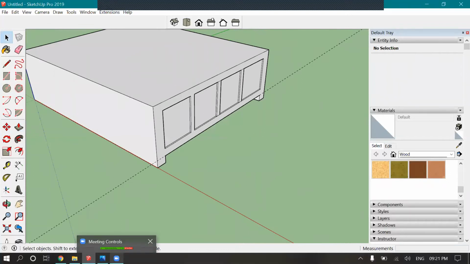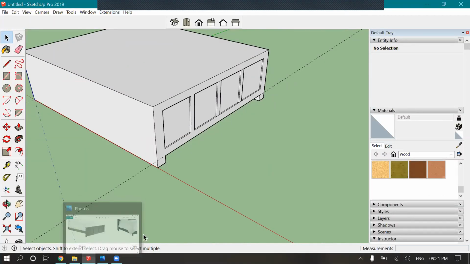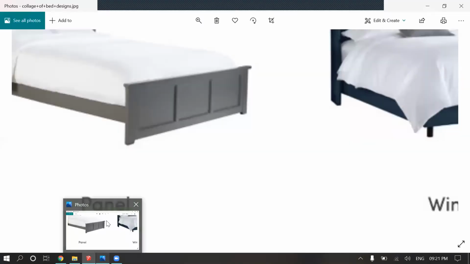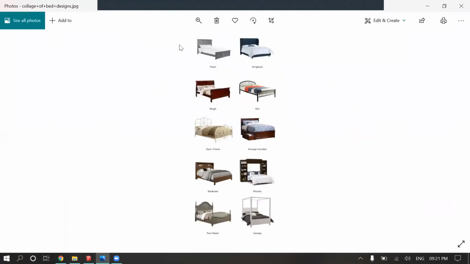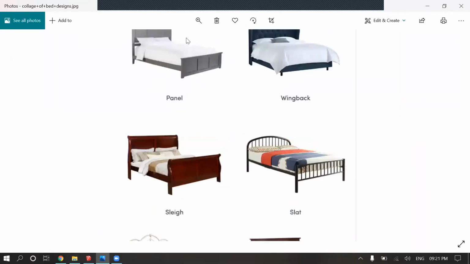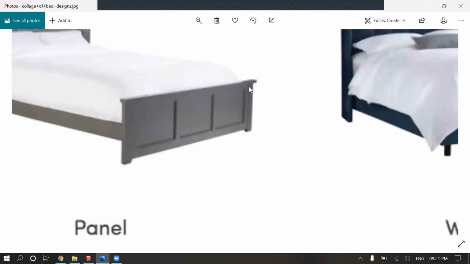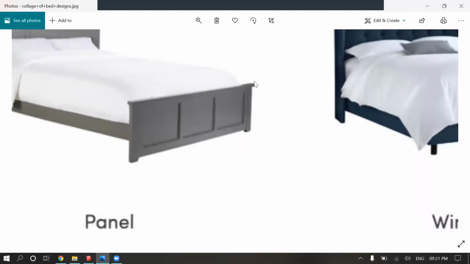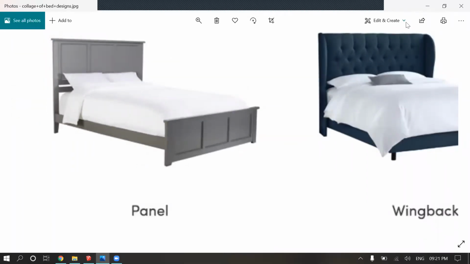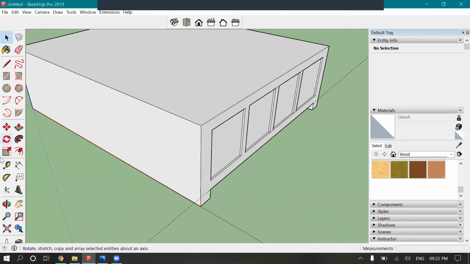Now our front part is a bit ready, unlike this one. So what we need to do is the top part. The top part is a bit extended, right? You can see it here on both the ends. So we need to draw that part also.